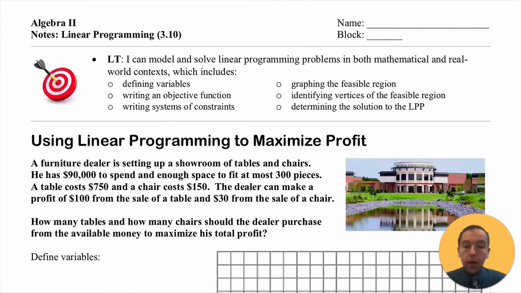Linear programming is a specific type of optimization which actually arose in the early 1900s in the military. In optimization, we're usually trying to do one of two things. First of all, we might be trying to maximize a quantity. That might be like trying to make the most amount of money in a business. Secondly, optimization might be centered around trying to minimize a certain quantity, like we might be trying to, say,